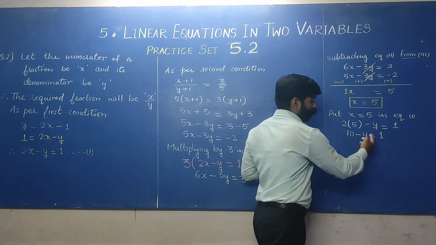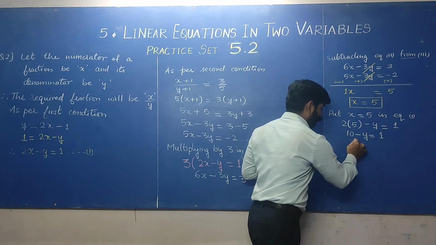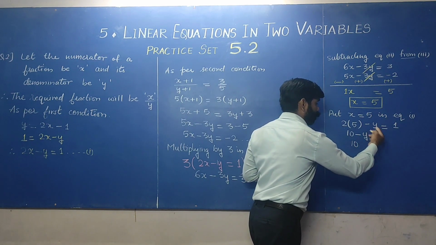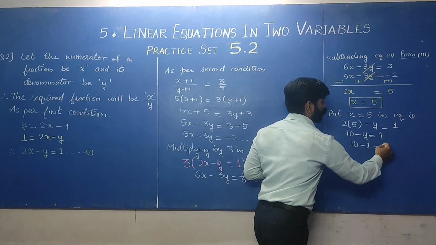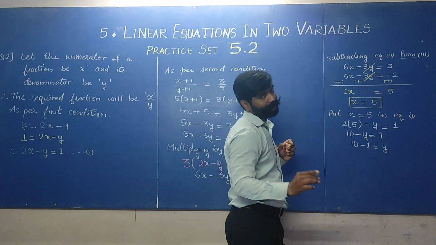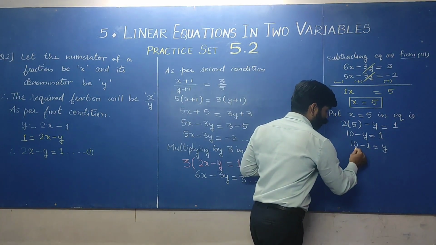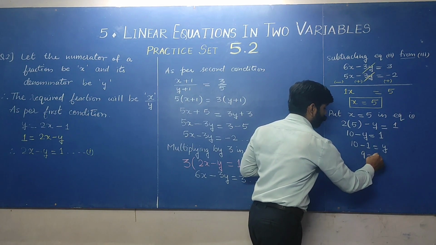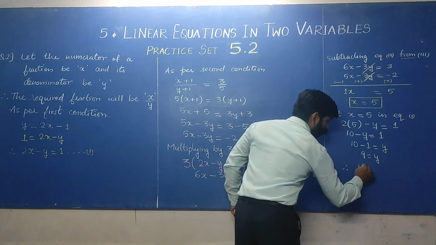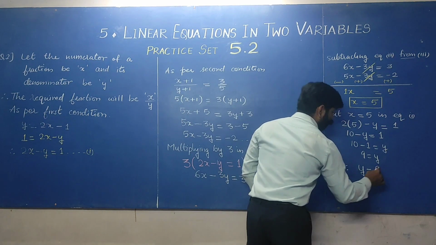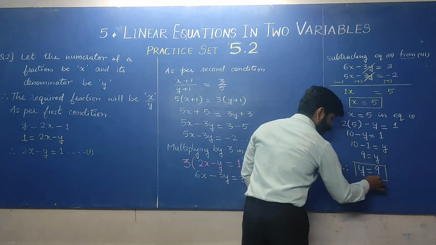10 will go that side, or you can take y on either side. I am taking y on that side so that I can easily get the value. Minus 1 will come to the left hand side, it will become minus, and minus y will go that side, it will become plus. That is easy students, you can take either way. The answer will be correct. So 10 minus 1 is 9y. Therefore, you are going to get y is equal to 9. This is our answer. But the final answer is not this.